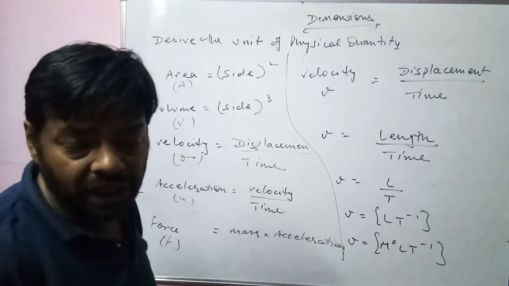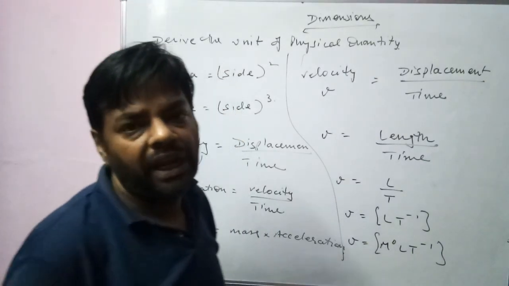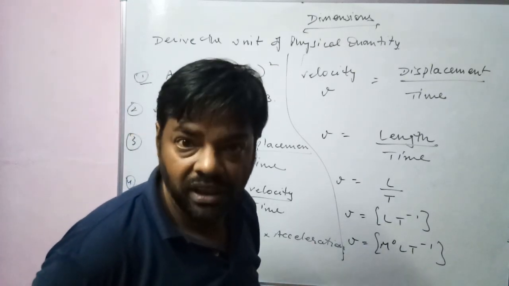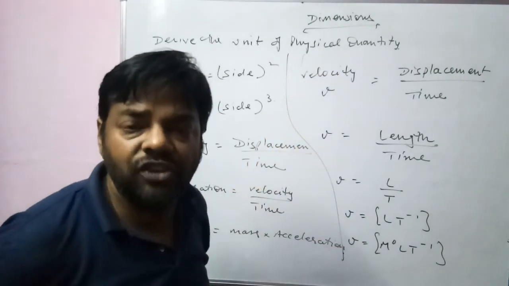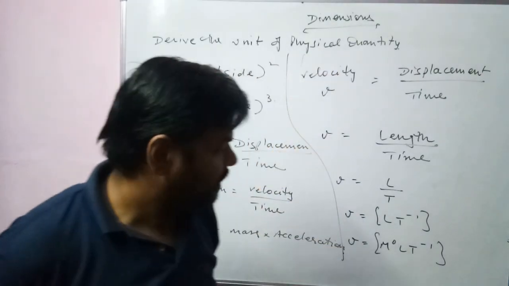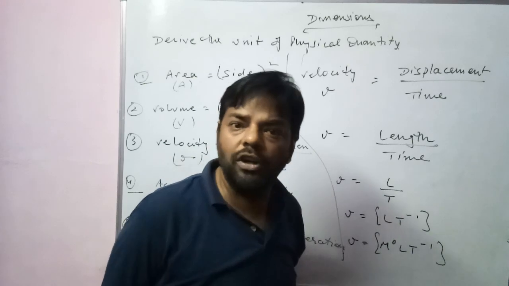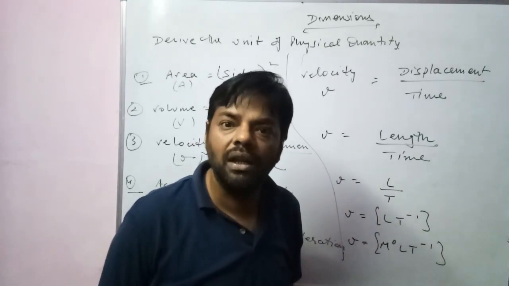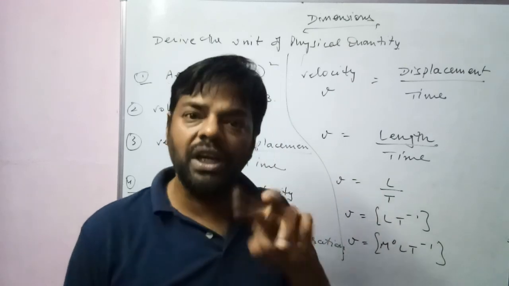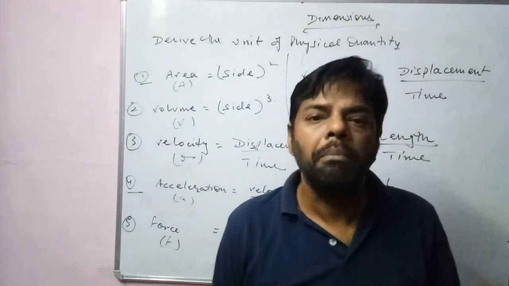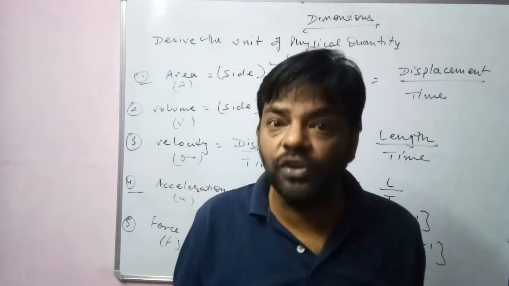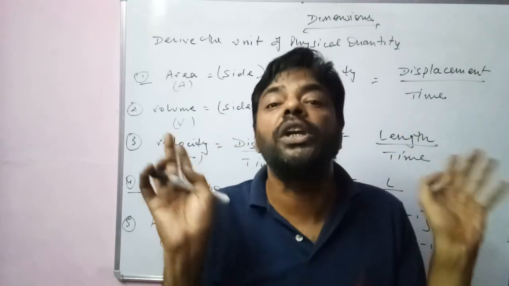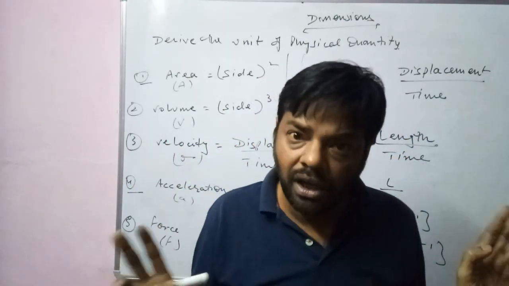Now you must be thinking about one thing, that we had discussed the derivation of the unit of speed. Over here we had discussed the derivation of velocity. Both the dimensional formulas of speed and velocity are M0 LT minus 1. No doubt speed and velocity have the same dimensional formula. But remember one thing, these two are those physical quantities which have the same origin. Got it? Okay.